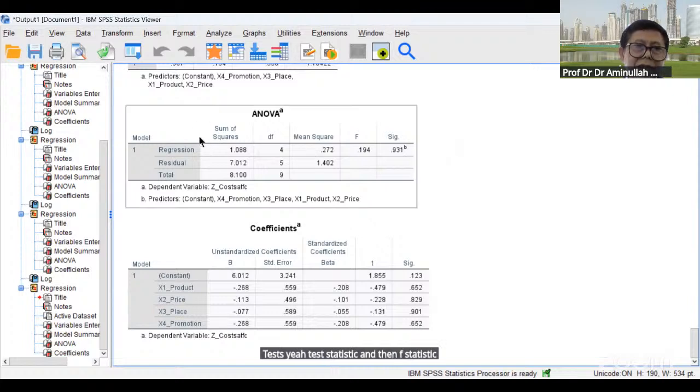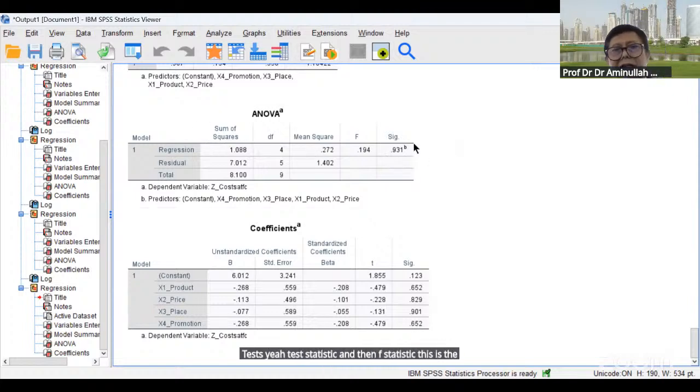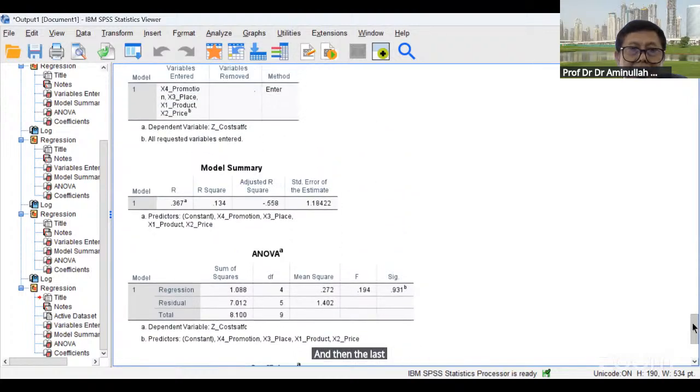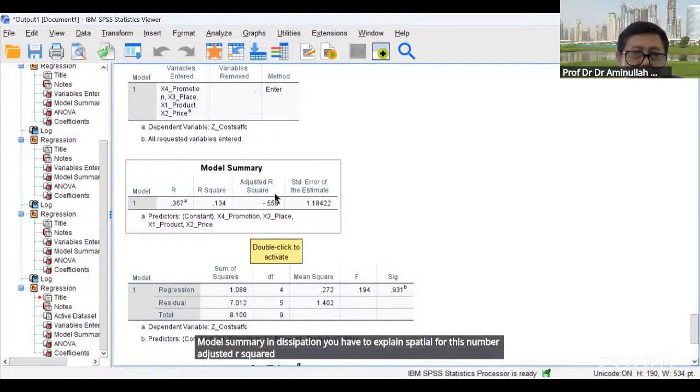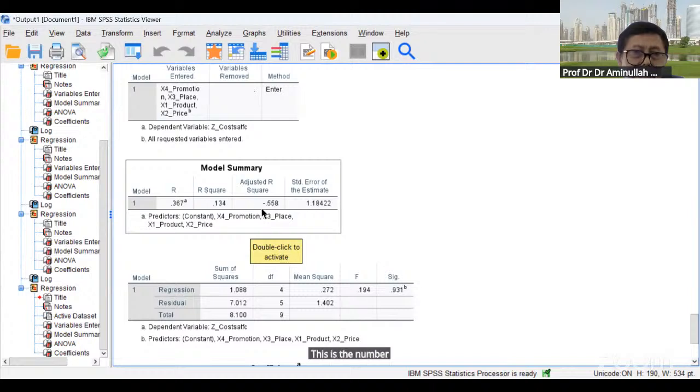This is the ANOVA table. And then the last table is the model summary. In a dissertation, you have to explain this number specially: the adjusted R square. This number is negative